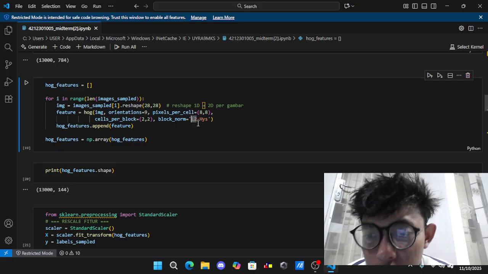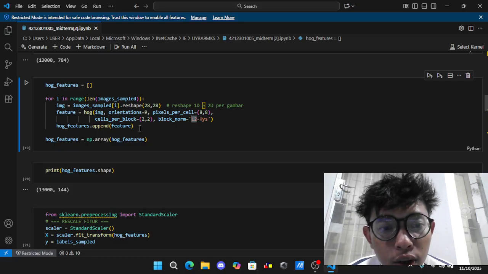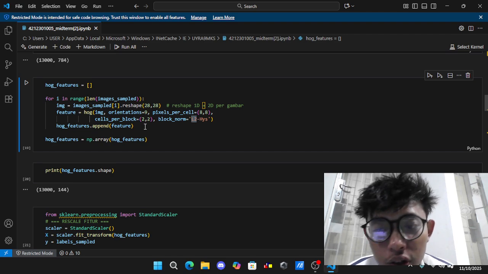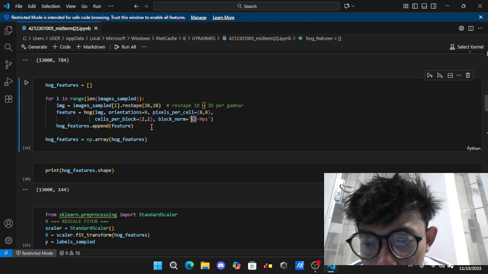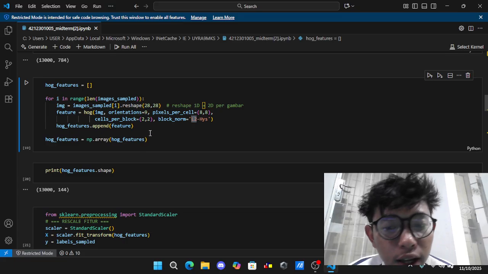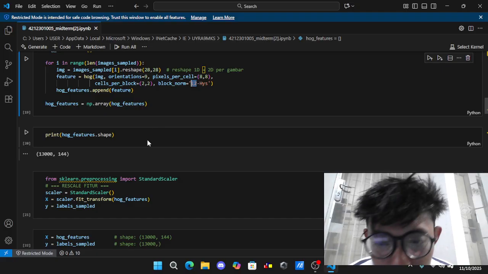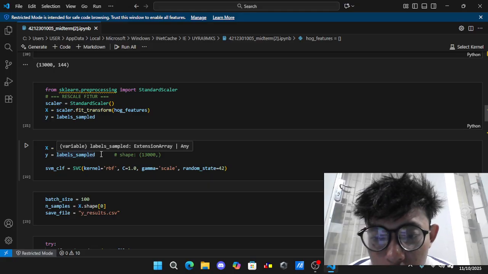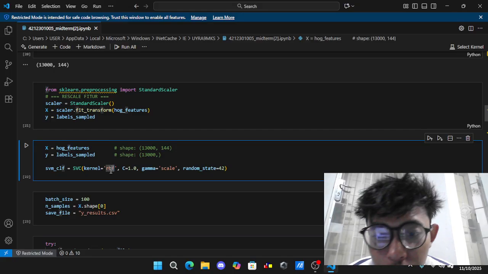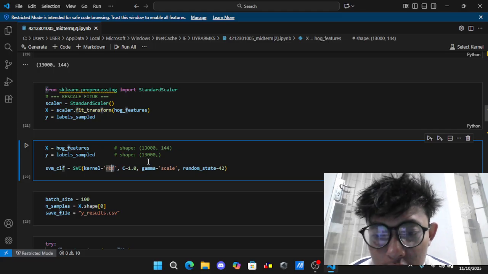The HOG process yields 144 features. These characteristics are fed into the SVM model. Okay, the next is the SVM parameters. I utilize the RBF kernel since it works well with nonlinear data such as letter forms.